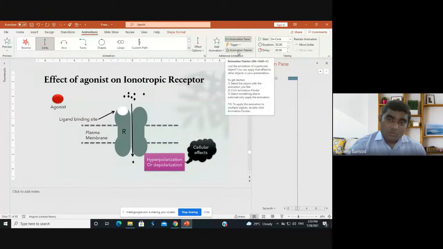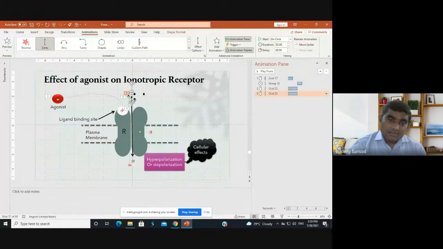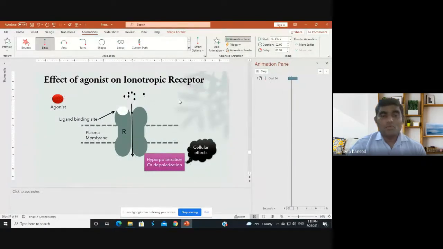Another will move. Then again select the animation painter, then select this one. Again the animation painter. This will move. Again the animation painter, this will move.